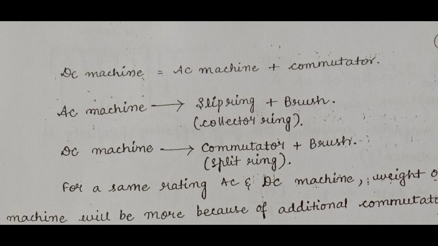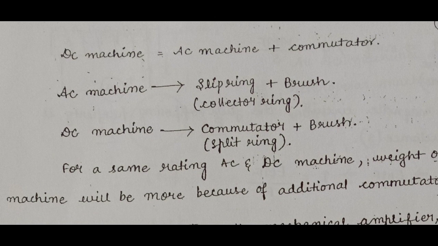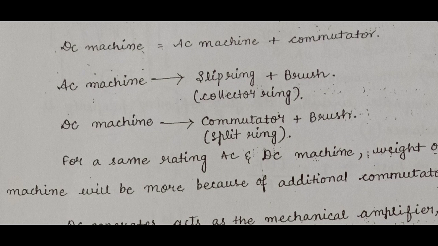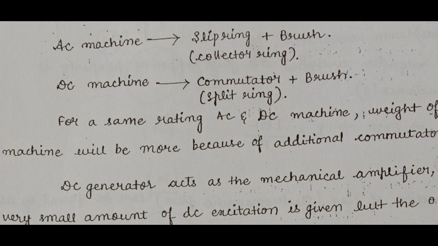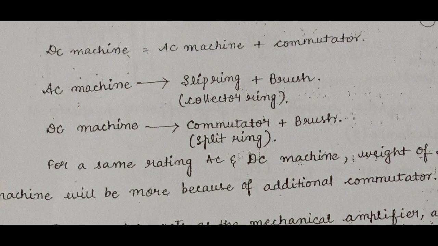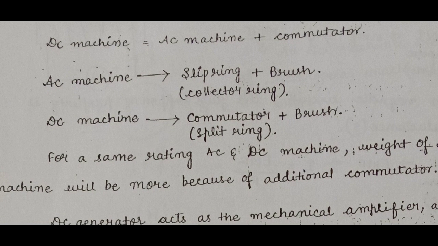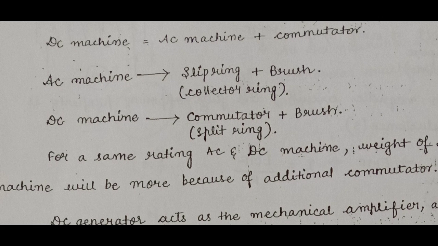So next, AC machines have slip rings plus brushes. In a DC machine and an AC machine, both machines have the brushes. So brushes are commonly used for the DC machine and AC machine. But in a DC machine we use the commutator, and in an AC machine we use the slip rings. A commutator converts AC to DC and DC to AC, but slip rings don't convert any supply. It is only a collector, like a collector ring. So we can say the slip ring is a collector ring because it can only collect, but it cannot convert from AC to DC or DC to AC.